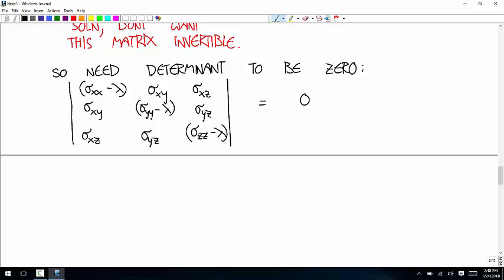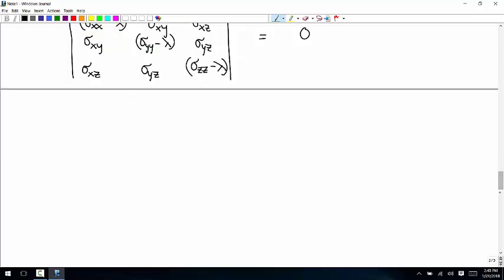So first, let me remind you how to calculate determinants, or maybe you've never had it, but either way, it's easy to calculate. So here's how you calculate the determinant of a 3x3 matrix. If your matrix is A, B, C, D, E, F, G, H, I,